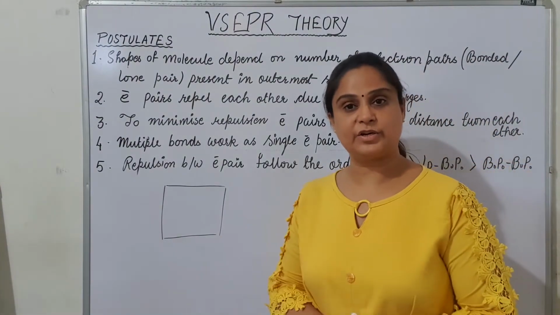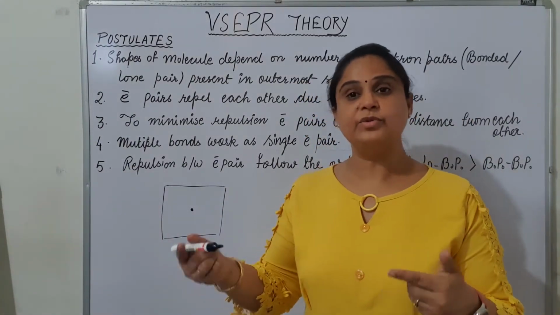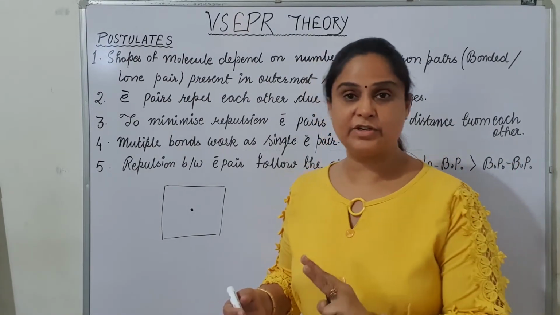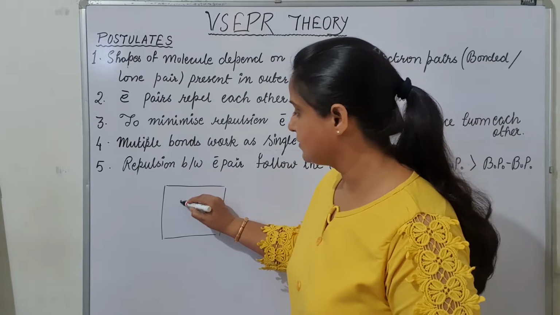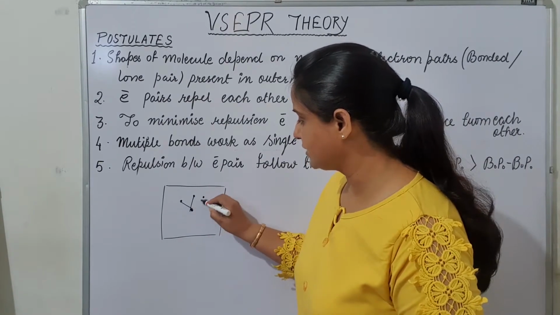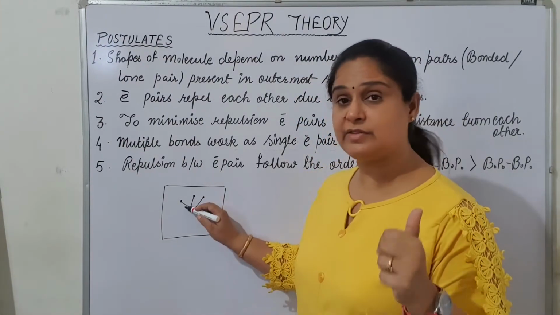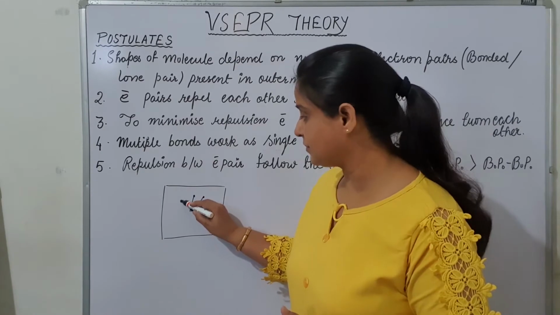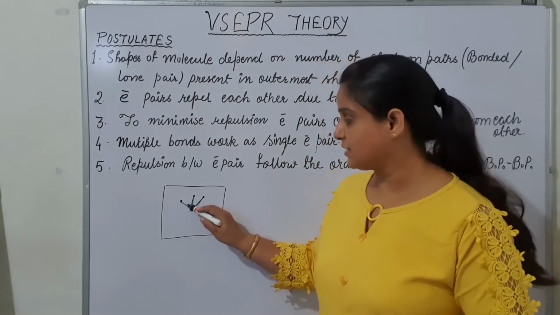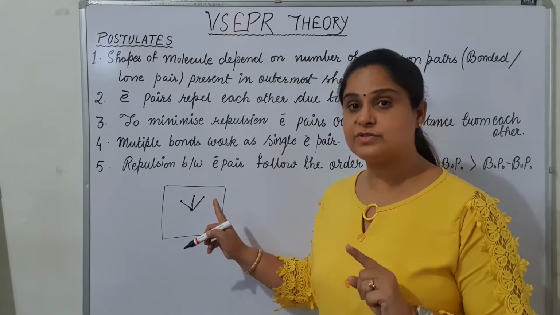Now again I am giving you one room, but this time with the central atom I am going to give you 3 other atoms. Last time I gave you 2, this time I am giving you 3 atoms. Now 3 atoms, 1, 2, 3. These 3 atoms are connected with the central atom. Okay, fine. Now if they are connected with the central atom, one thing we have to take care of: can you see this is a bond pair, this is a bond and this is a bond, and these are the bond pair electrons.